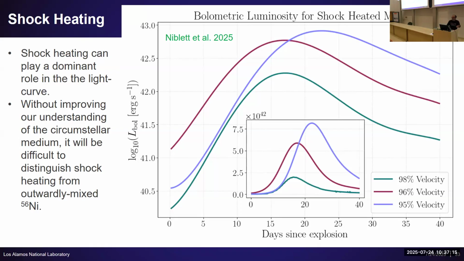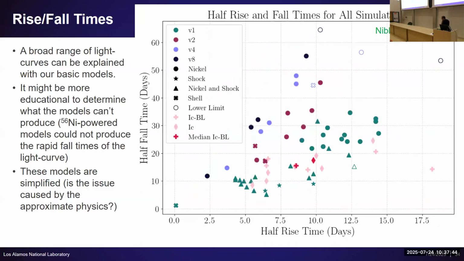And in fact, it depends on how you implement the shock heating, but you can get a wide range of results. If you do a simple model where you just say it's a nice spherical shell and it's a spherical blast wave, the shock heating will be more dramatic and you'll see a sudden rise and sudden decay. But if the shock heating is what we think it's going to be, you're going to produce something that has a rise and decay. And so then you can start saying, well, how does that compare to the data, the same way that the